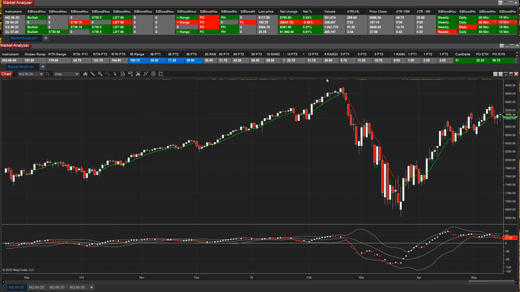So weekly, daily, 60, 15, all the same above the line. And the market analyzer is perfect to demonstrate this because you don't have to have the bar closed necessarily. It is a live condition, so whenever the current price is relative to that line on a higher time frame level, the market analyzer will signal that directional change. So that's how I use the market analyzers to lead me into the current market state using trend,